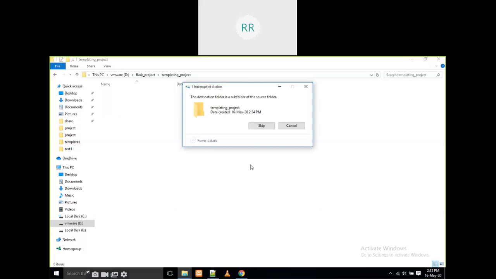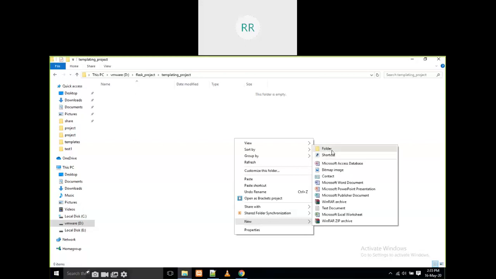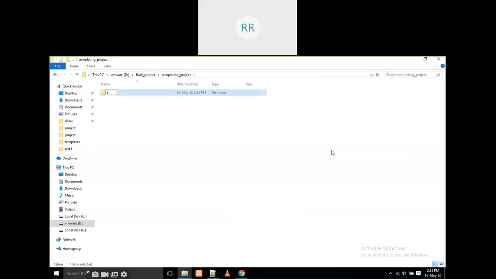In this project, I am going to create one folder called templates, and one more folder called static.